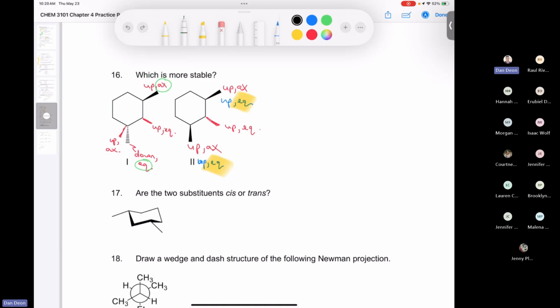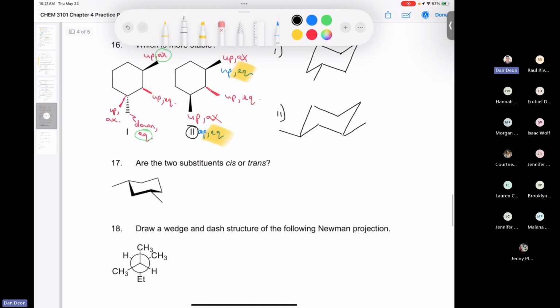So let me just draw number 1. So if we draw number 1, let's say we have something that looks like this. If we have one group going up and axial, like this, in the third position, that means that the group would be going down and equatorial. So if I flip the ring, then this would become equatorial and this would become axial. But in number 2, if I have this group going up and equatorial, then this one has to be up and equatorial as well, okay? I can flip it so they're both axial, but again, this is the most stable conformation, so the answer is going to be